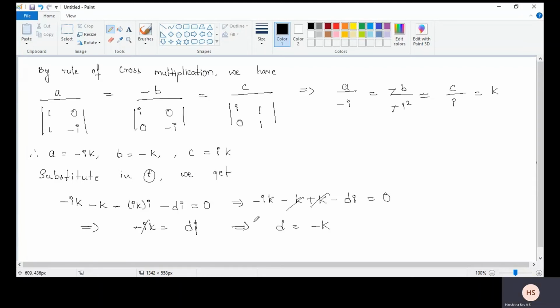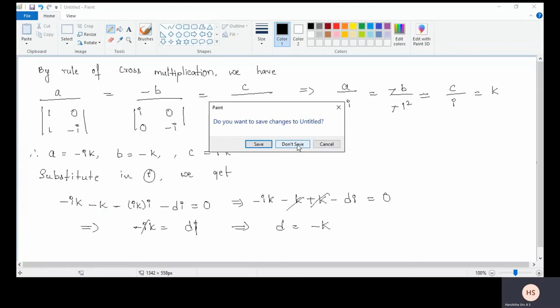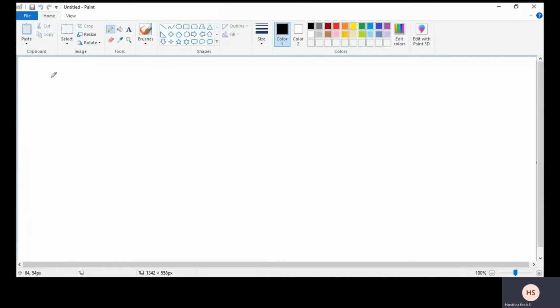Next, we have to substitute all this in the bilinear transformation formula, that is W is equal to (AZ + B) divided by (CZ + D). A value is minus iK into Z, B value is minus K, C value is iK into Z